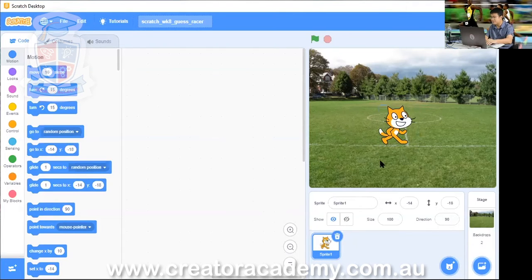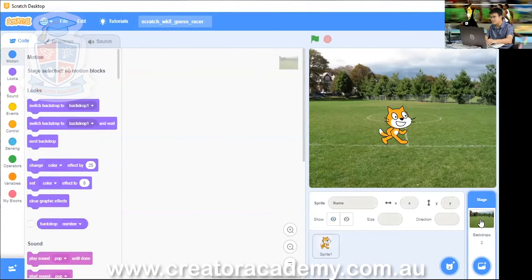But before we do any coding on the cat, we are going to do some code on the backdrop. So we haven't done the backdrop before. So we click on the backdrop, and then you're going to see on the top right corner, there's a little version of the backdrop. Okay, because we're going to add some code on the backdrop.